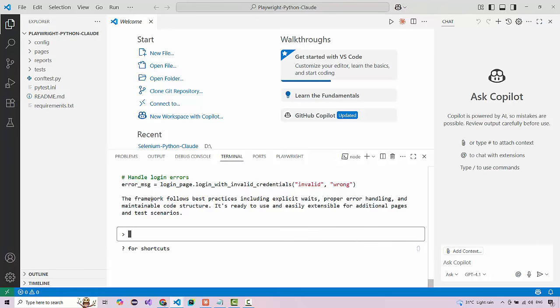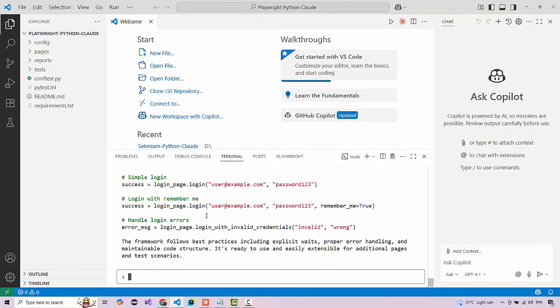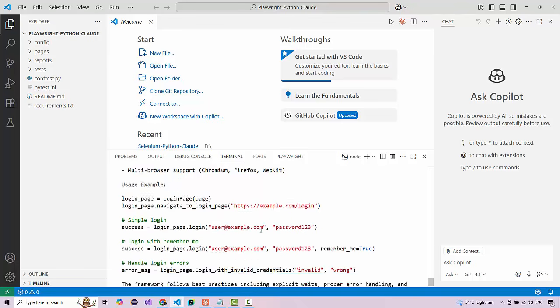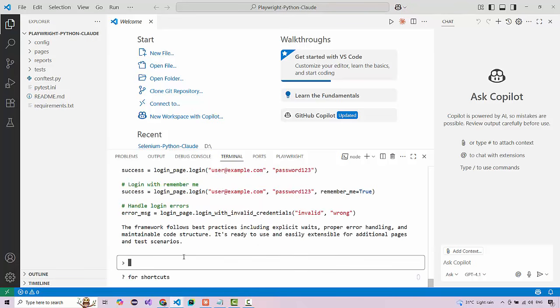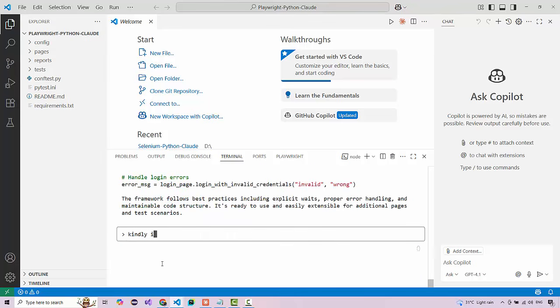And the framework is now completed. So now what you can do is ask this agent to install the dependencies. So kindly install the required dependencies,